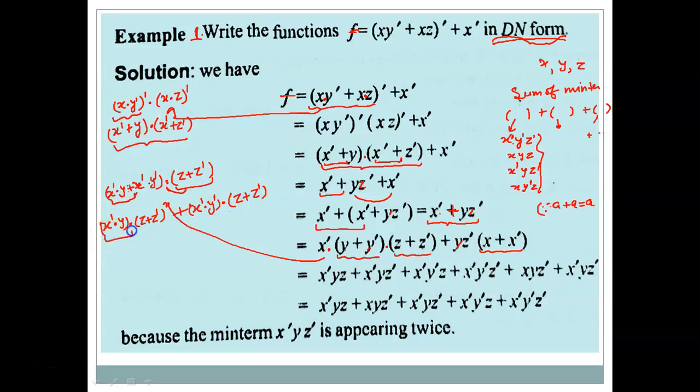Now we are taking it inside again, we are having x dot y dot z, and with this we can have x complement dot y dot z complement. Similarly here we are taking the whole thing here, so we get x complement dot y complement dot z, and with this we are getting x complement dot y complement dot z complement in fact. So you can see here